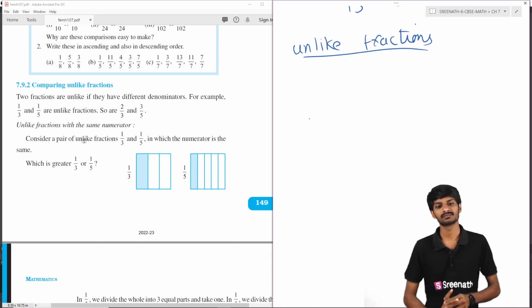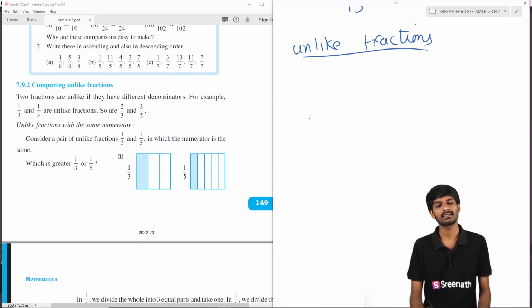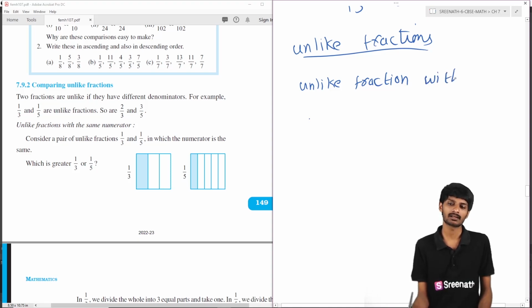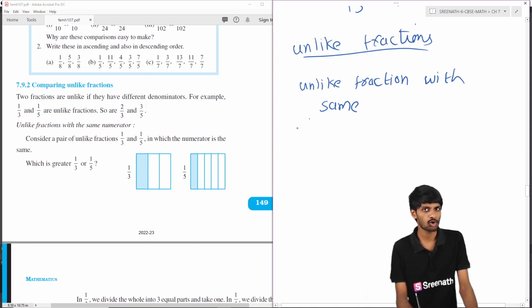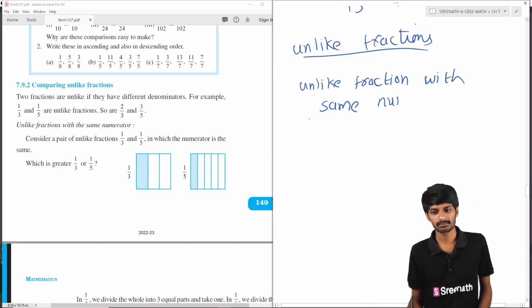Which is the greater fraction? Suppose you are having unlike fractions with the same numerator. They are unlike fractions, that's why the denominator is not the same. But if the unlike fractions have the same numerator,